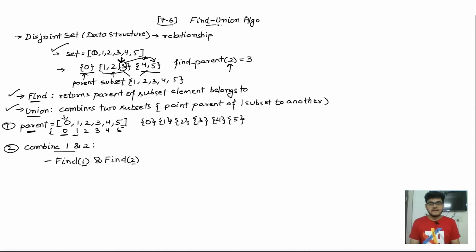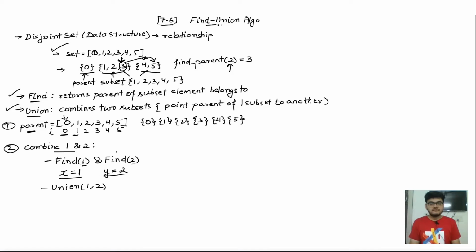You can see that the parent of 1 is actually 1. So this will give me a value of 1, and let's say I store it in x. So x equals 1 and y equals 2, right? y is representing find 2. 2 is a parent of itself, so that's why the value of y is 2 here. Now the next step is to perform the union, which we know is to combine these two sets, which are 1 and 2.